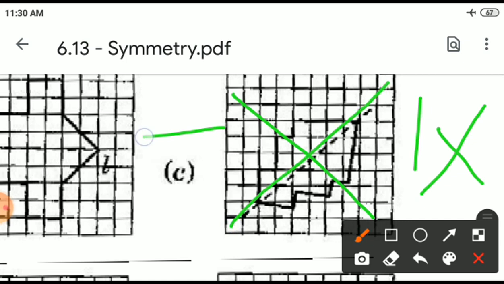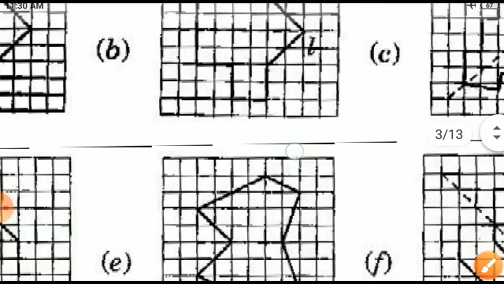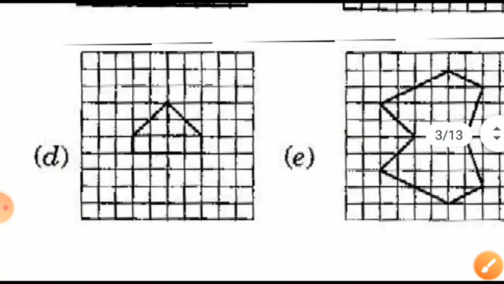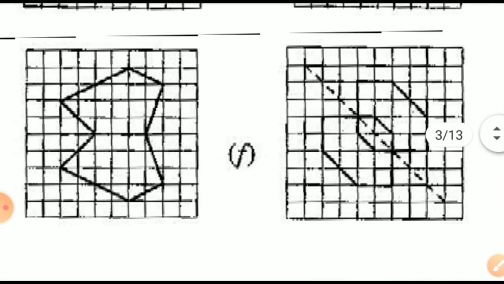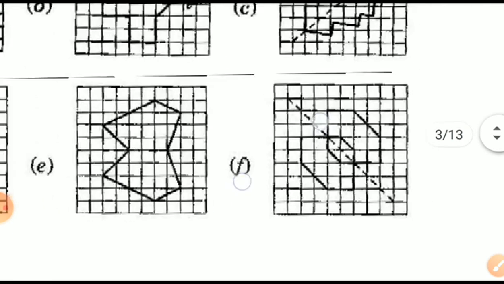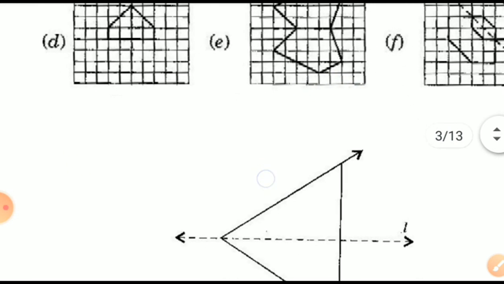Isn't it? But horizontal means this way. Vertical means straight. Isn't it? Correct. Now look at here about this one. Same figure, you can see the downside. Is it or not? Correct. Look at the E and F also. Try to draw in your lower classes. Yes, lower classes notebook, or you can make it in your single line book to square book.